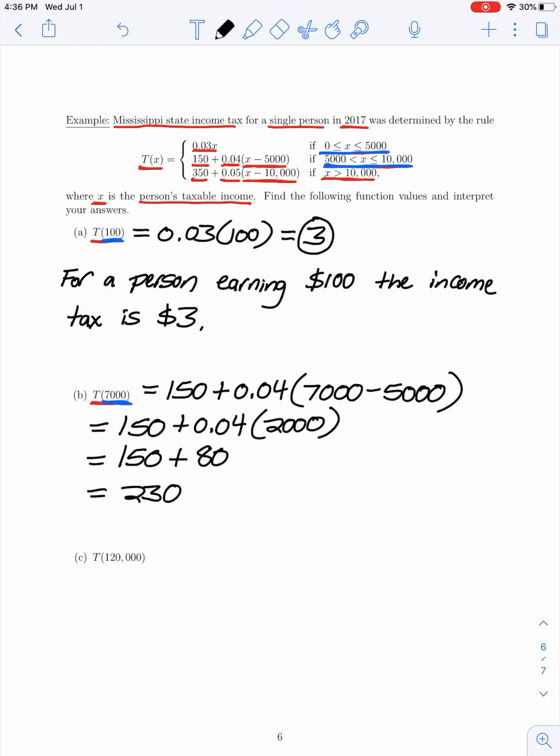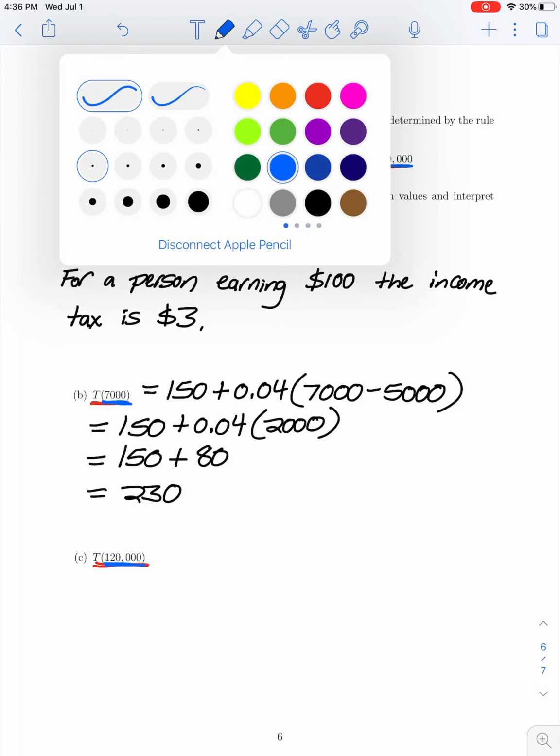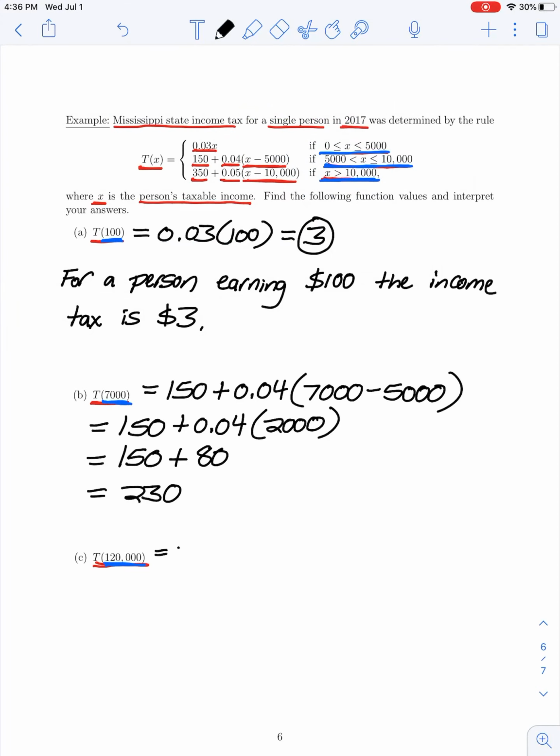So in our last example, we are asked for the value of T of 120,000. So our value of x is 120,000. We're using this last definition of our function where x is greater than 10,000. So here, our function is defined as 350 plus 0.05 times x, which was 120,000,